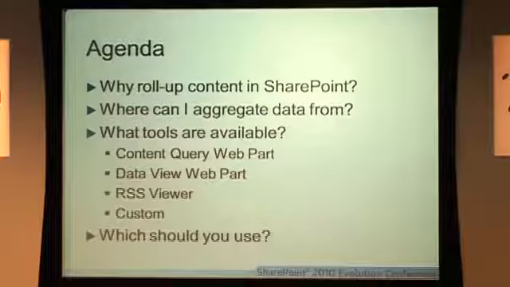That's going to allow us to aggregate from lists, and using web services, we may also be able to use out-of-the-box web services, not a web service we have to write or anything. We can use an out-of-the-box web service to go and get some list items from another list that might appear somewhere else. We're also going to talk about some of the other things that appear in that content roll-up section